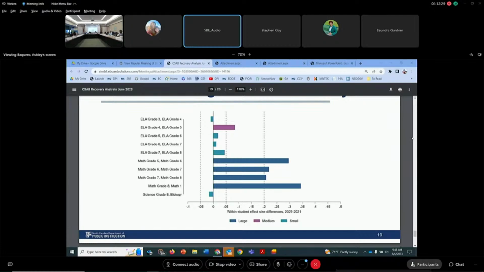Yeah. Well, this really helps. If you really drill down into it and spend time in your data, this is where the differentiation happens. It's easy to then start pulling these kids and saying, these are the folks that we need to target for enrichment, these are the ones we need to target for getting the support they need. But as a general statement, I feel like we should focus a lot more on growth. I understand we all want our kids to be proficient, but this picture tells us there's a lot more going on than we would have thought if you just looked at letter grades